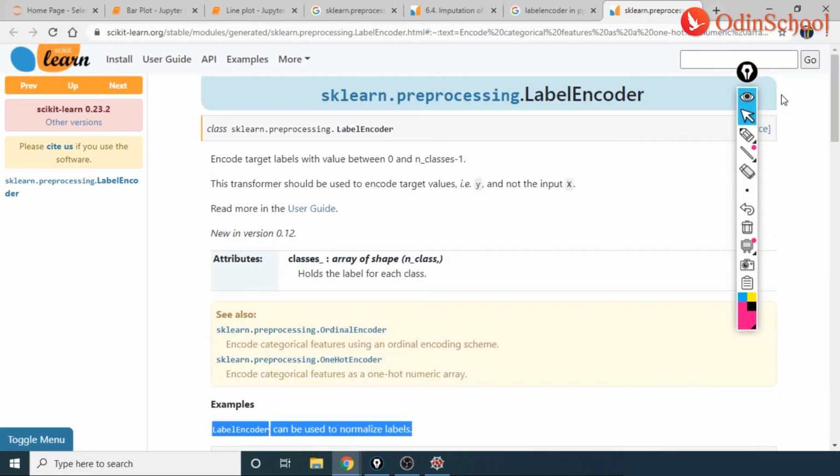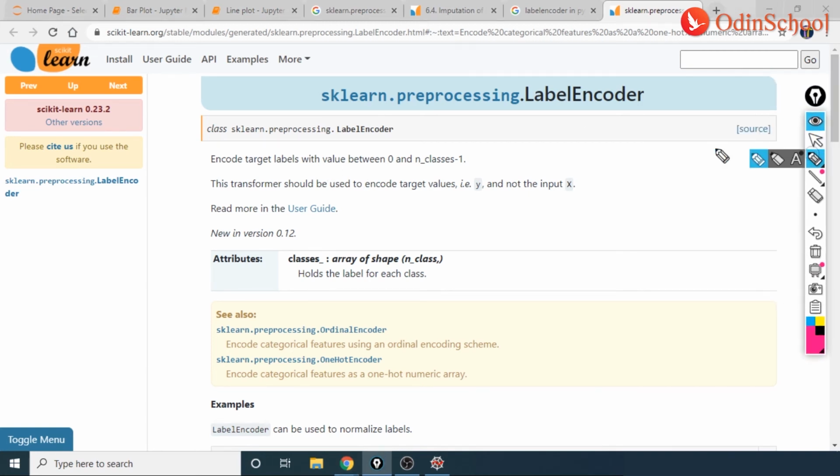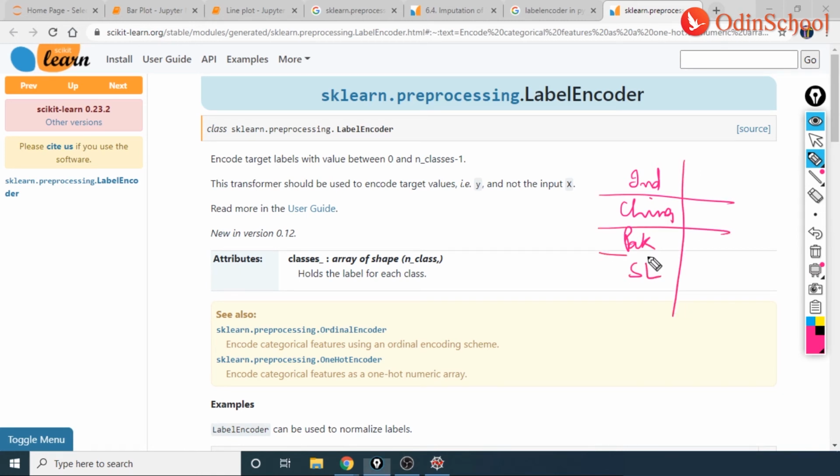Assuming there are four options, India, China, Pakistan, Sri Lanka, all the four adjacent countries, India would be 0, China would be 1, Pakistan would be 2 and Sri Lanka would be 3. This conversion, wherein each country is being given a number, is called label encoding.